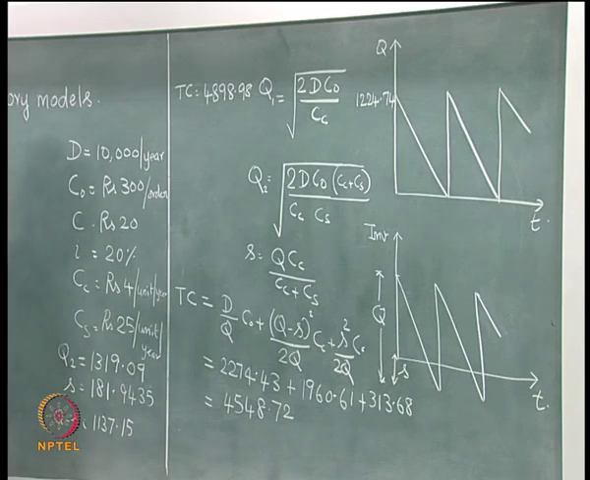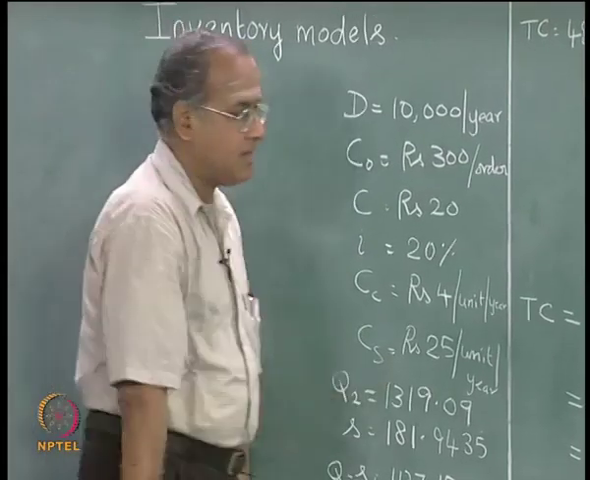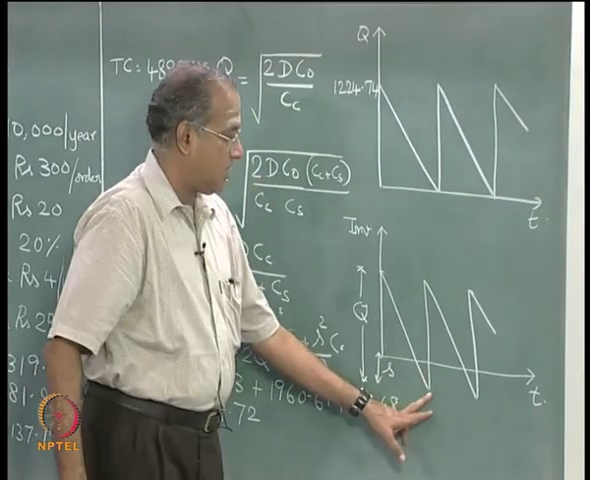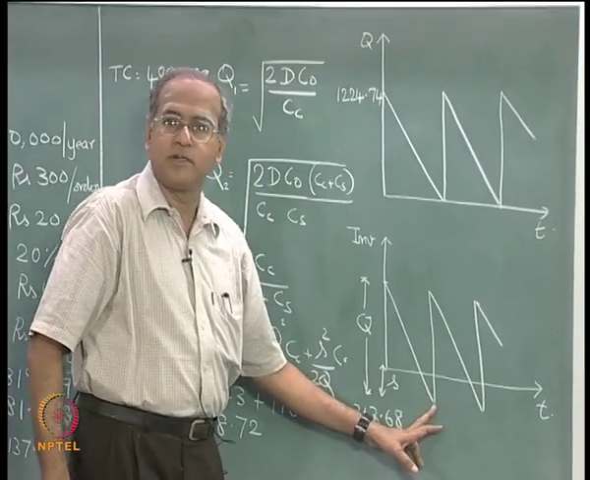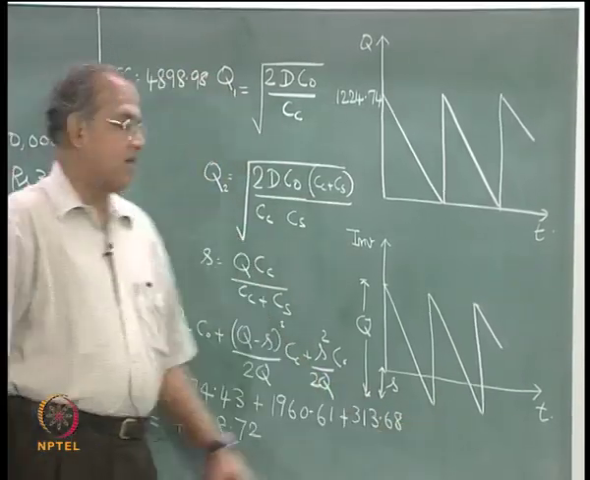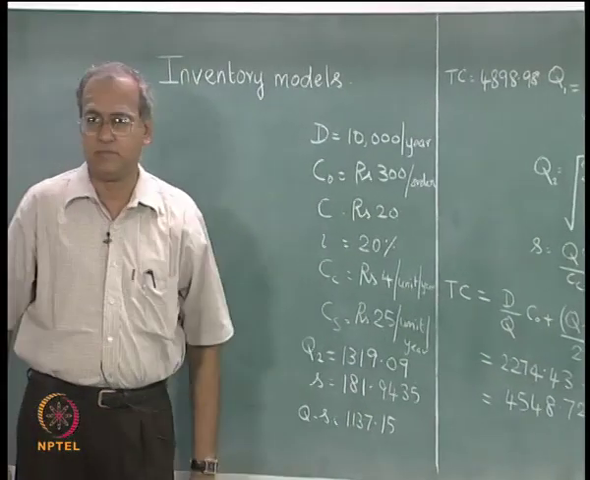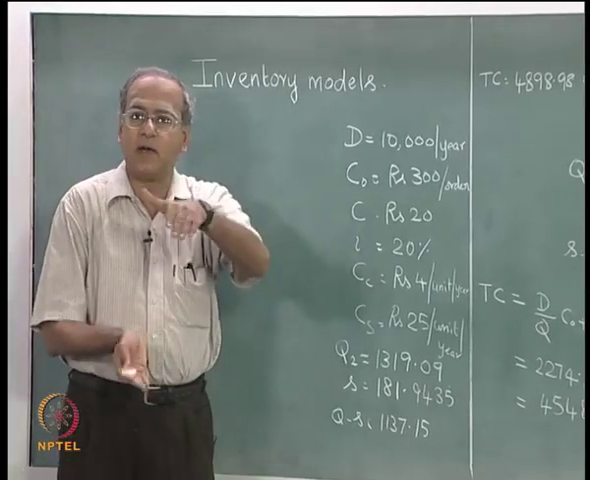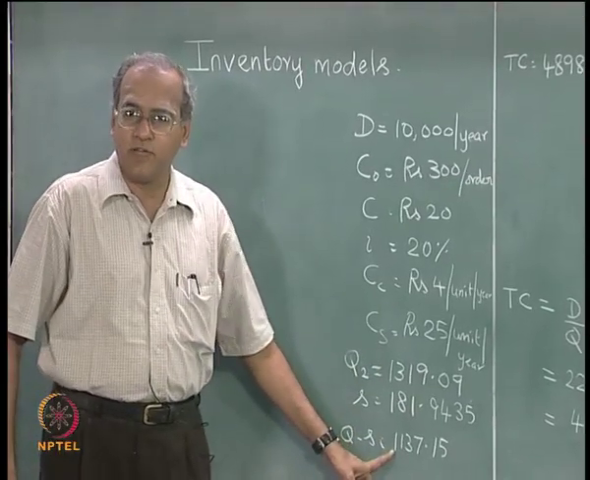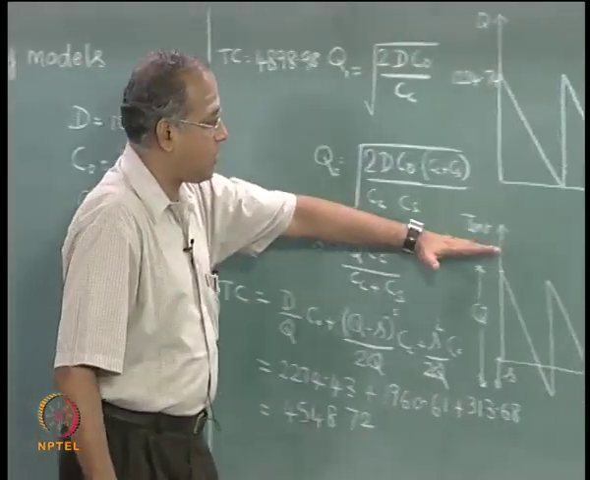Other way of describing it is, even though we order 1319.09, because of instantaneous replenishment, we will place an order when we were here and then place an order for 1319.09, and as soon as the item arrives, which is instantaneous, the back ordered quantity of 181.94 is immediately given, and therefore the inventory on hand quickly reduces to 1137.15, which is the difference between this and this. So the maximum inventory that we will hold is